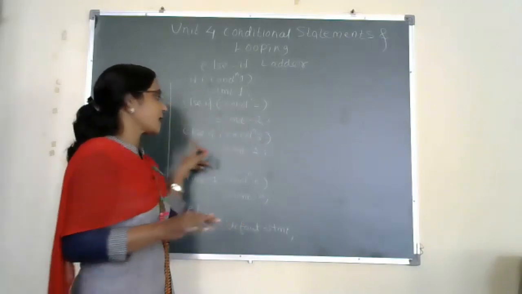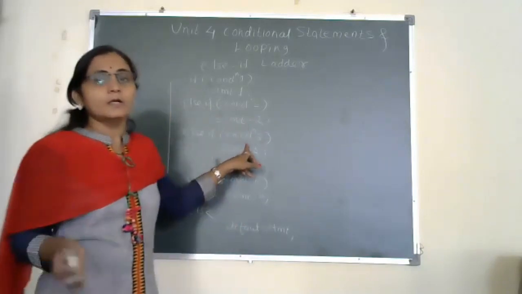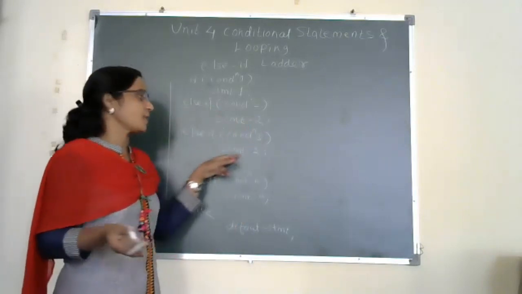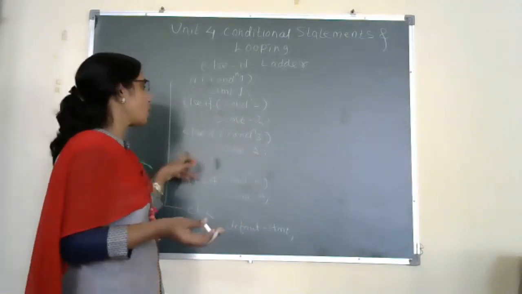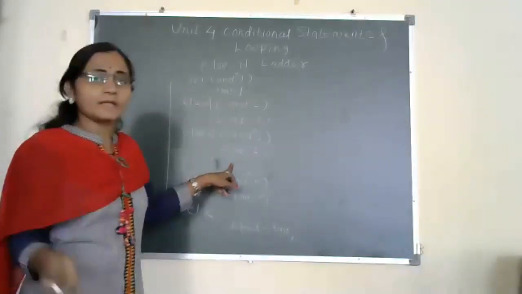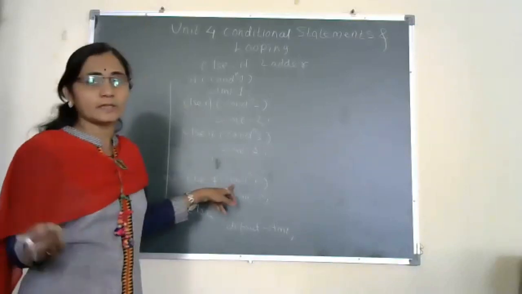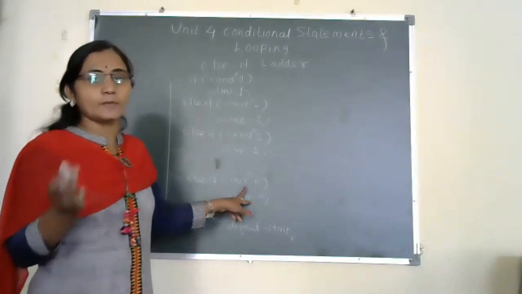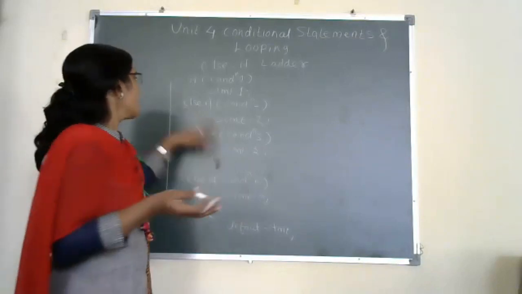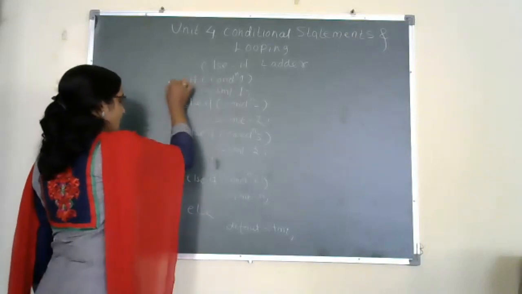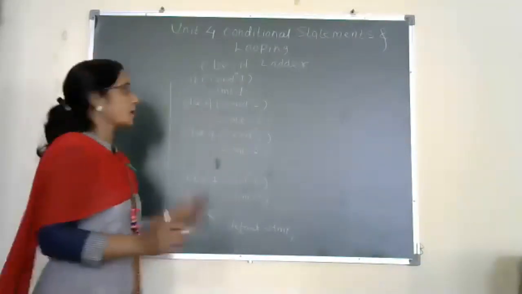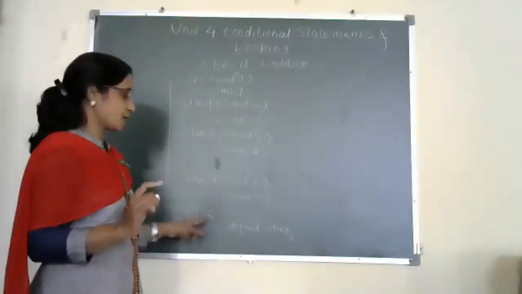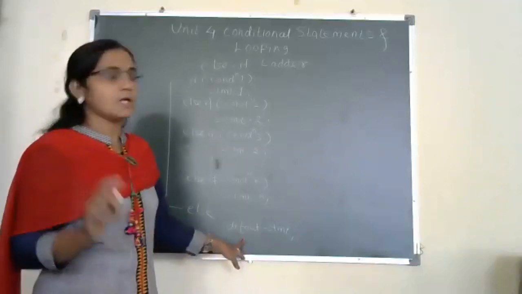Otherwise, it goes to the else part and evaluates another condition, condition 3. If it is true, then the statement 3 block will be evaluated. Otherwise, it goes for another condition, and so on; there is the possibility of n conditions. But if all the conditions become false, then your control will jump to the corresponding else of this if statement, and the default statement will be evaluated.